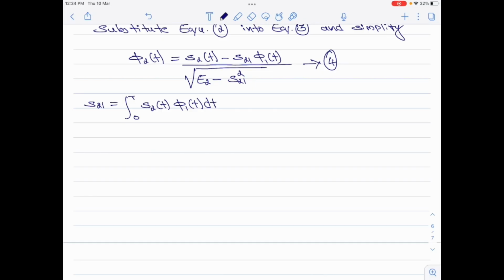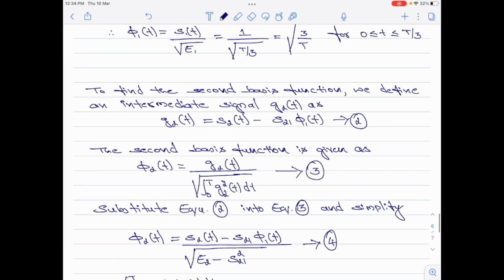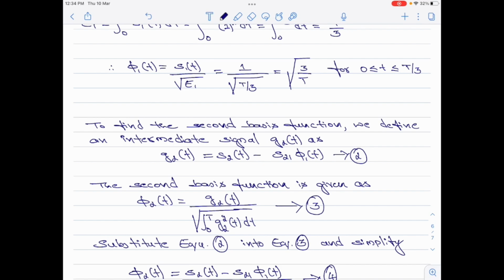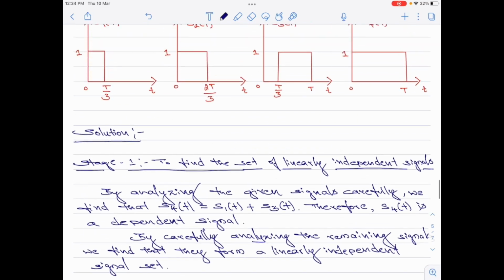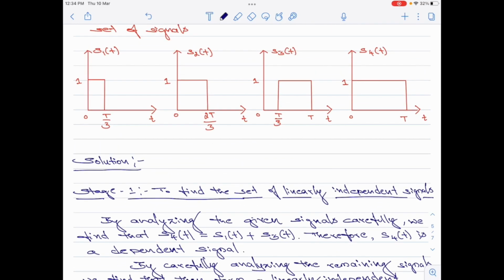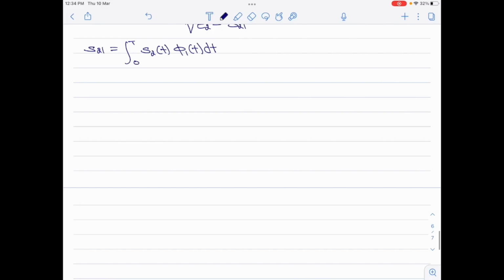Now, to simplify this expression, you have to find out what the time ranges are for s2 of t and phi 1 of t. We previously calculated phi 1 of t, and phi 1 of t is defined over the range 0 to T by 3, whereas s2 of t is given over the range 0 to 2T by 3. So, the integral limits now should be split. So, I can write it as